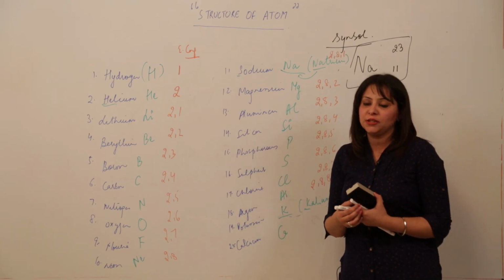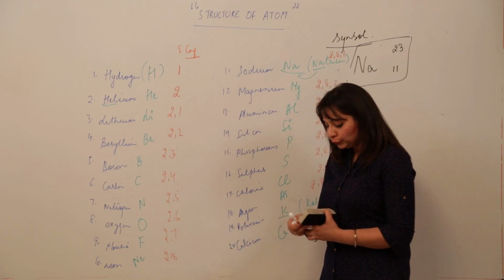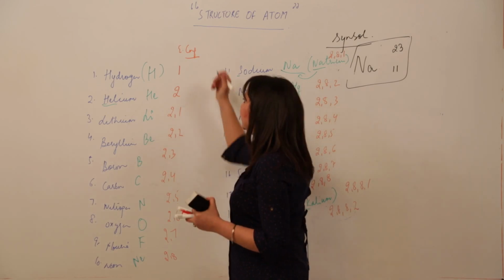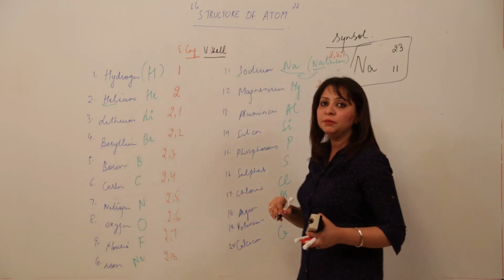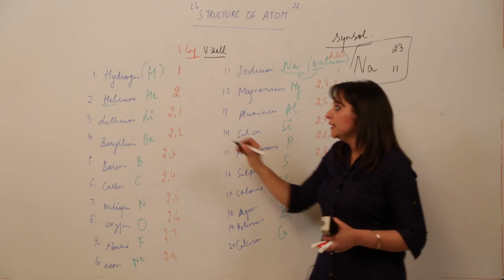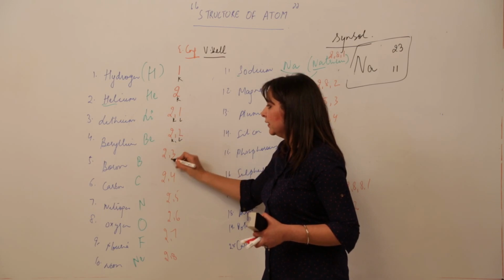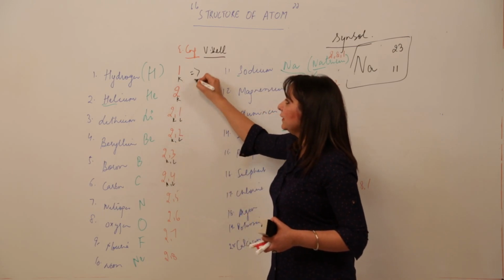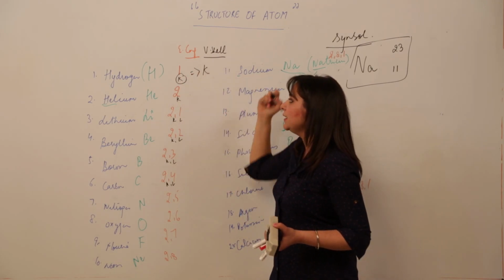These are very important. You should know how these electrons are arranged. Now one more thing, the valence shell. What is the valence shell? The last shell of an atom is called the valence shell. You already know what K and L are. For hydrogen and helium, there is only the first and last shell, K, so the valence shell is K.